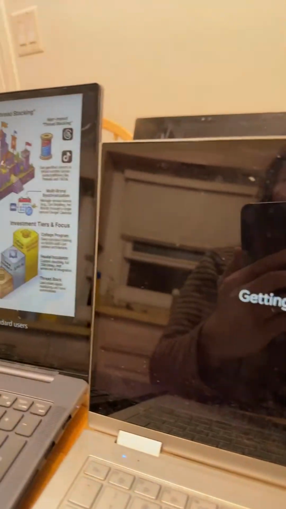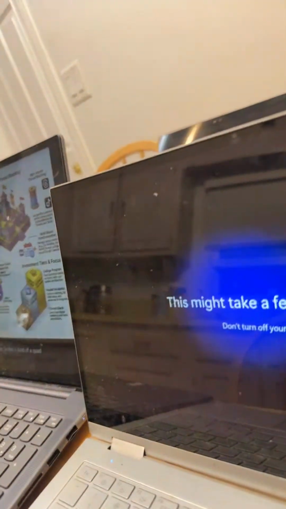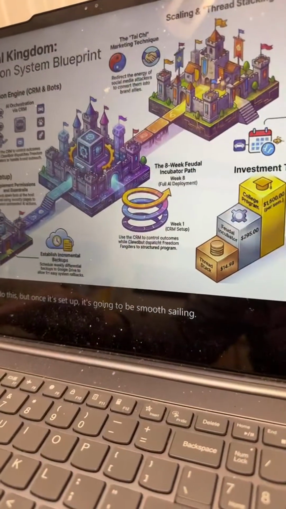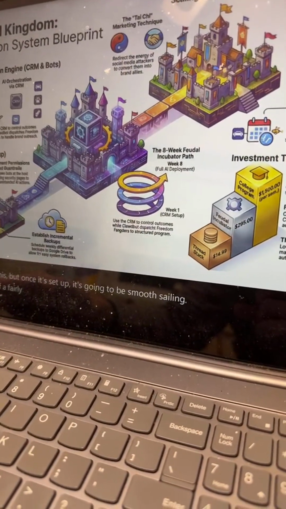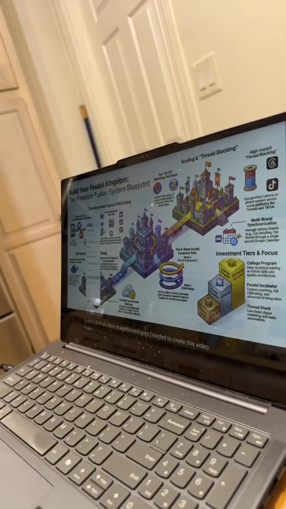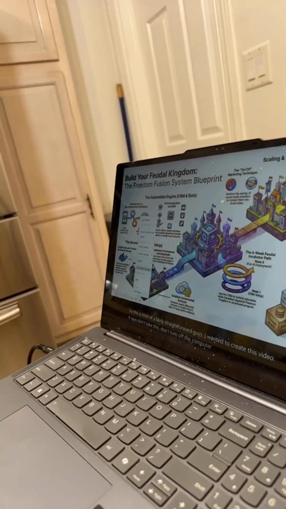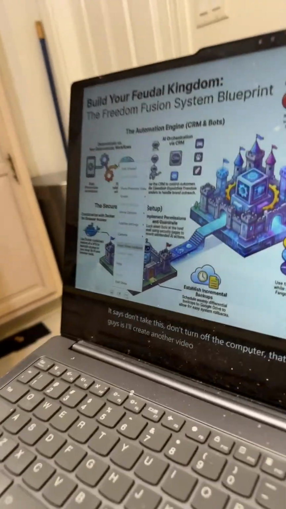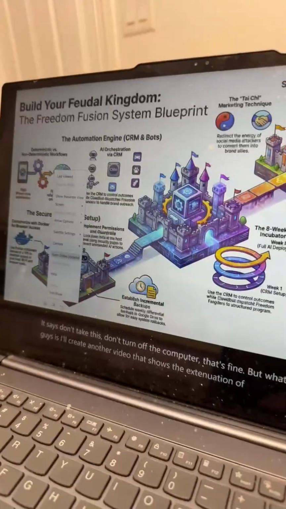So this is kind of a quick setup. It's getting things ready for me, and as you can see, it takes a few minutes to do this, but once it's set up, it's going to be smooth sailing. So this is fairly straightforward, guys. I wanted to create this video. It says don't turn off the computer. That's fine, but what I'll do next, guys, is I'll create another video that shows the extension of what we're doing, so follow through all the way